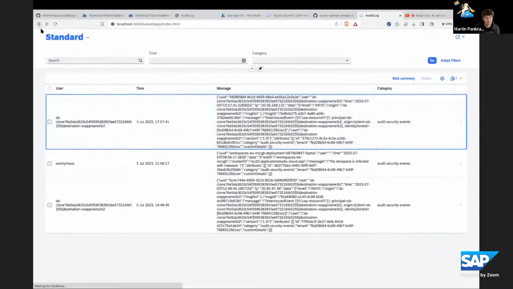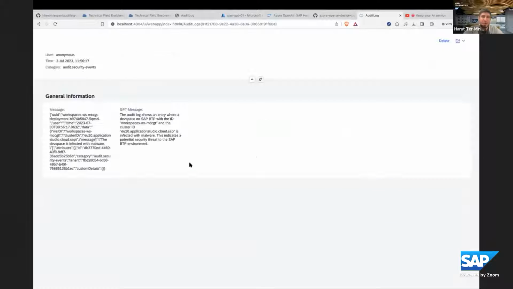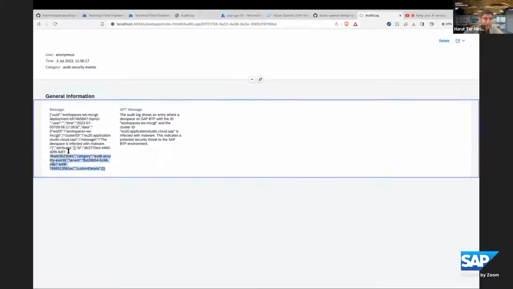Right? If I go back, what we also did, we really wanted to simulate some threat on the system, so that we can see if that is identified and we get some summary. So for that, in Business Application Studio, we triggered a malware simulation that was also captured by the audit log service. This is the original text of the log. And as you can see here, we have a great summary in a more human readable way that tells us that in that particular instance, in a dev space of BTP, there was a malware identified, so that the administrator can take action from here on and go back, maybe if needed, to the detailed view of the log